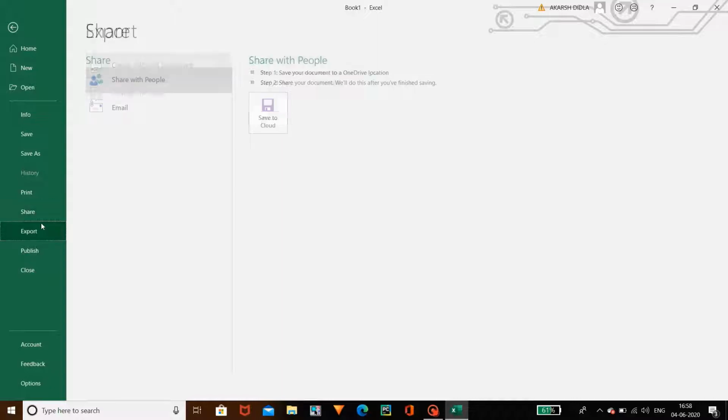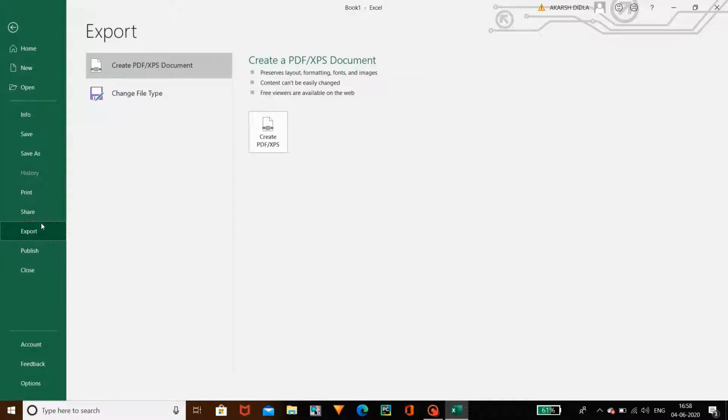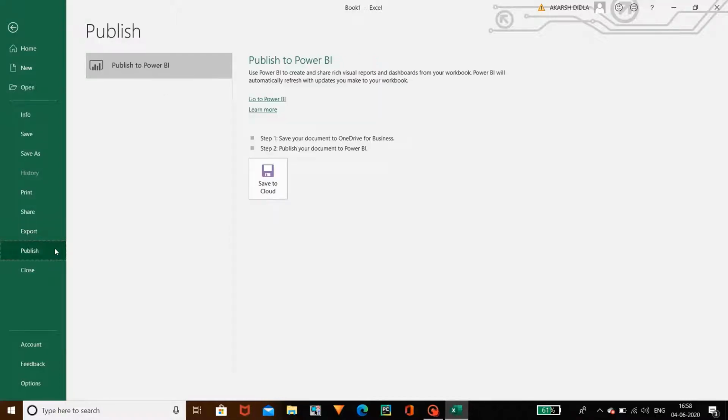And coming to the export, to export your Excel sheet to PDF form or XPS form, or you can change the file type, use this export option. And coming to the publish, if you want to publish to any online services, you can use this publish option. And coming to the close, you can close this Excel by clicking on the close. And down you can see